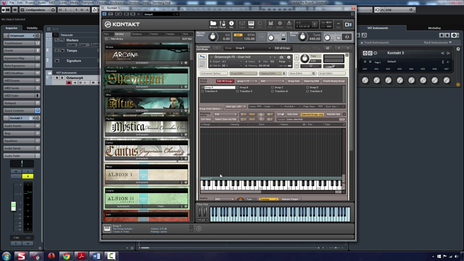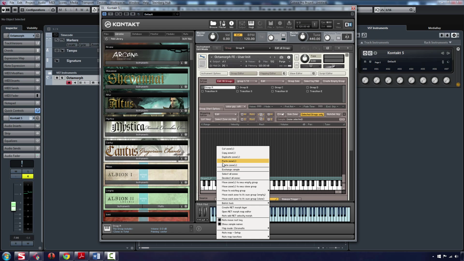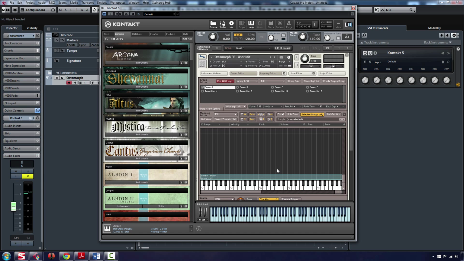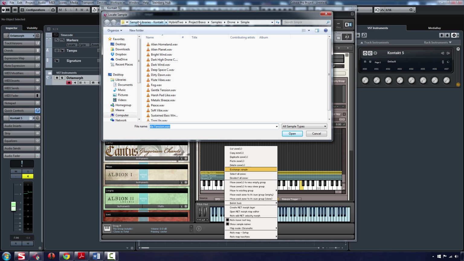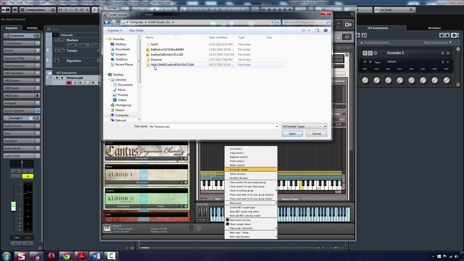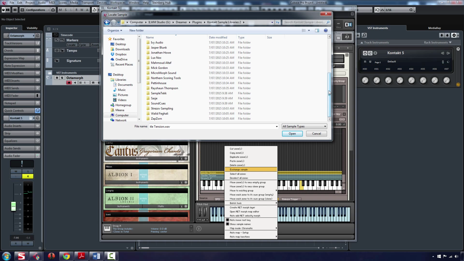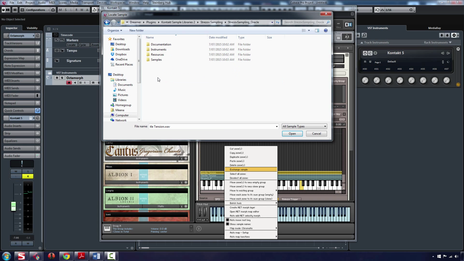Damn it. There you go. And then paste it again and move it. There you go. It's a bit tricky inside this. And let's just exchange a sample with something else. Say, for example, something from Stressoff Samples Oracle. Now, what do we got? Stress sampling, Oracle, and maybe two of their drones. So samples, drones,